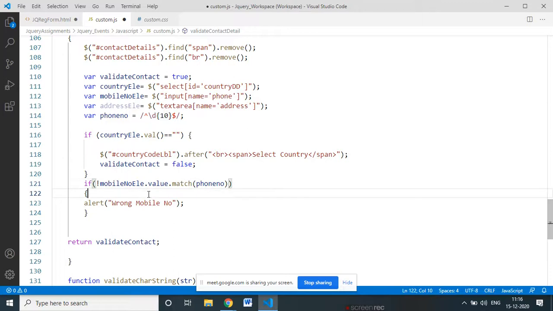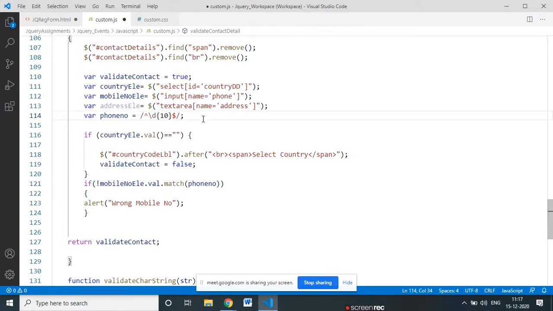Okay, phone number, then mobile number val. Or I think I'm a bit confused because we use the val here, not value. Okay, I just check that val will work, or what I do, I will extract this value, this mobile number eval value.